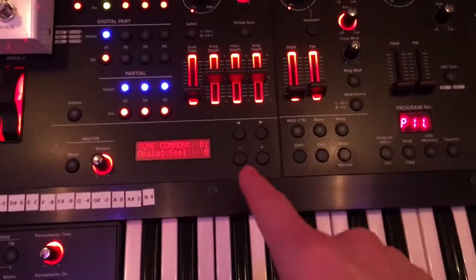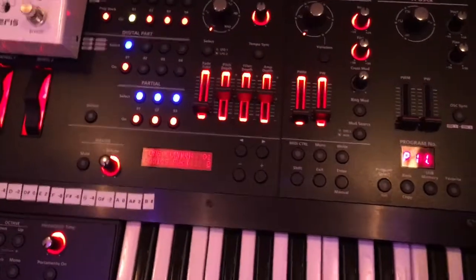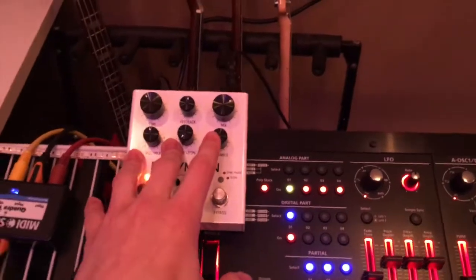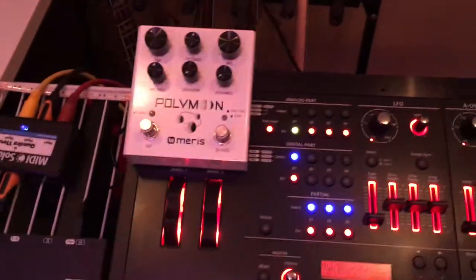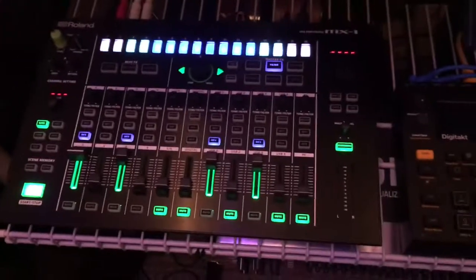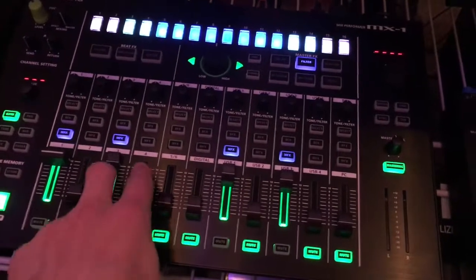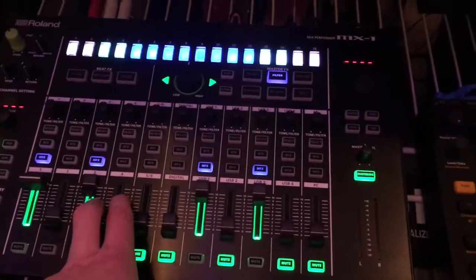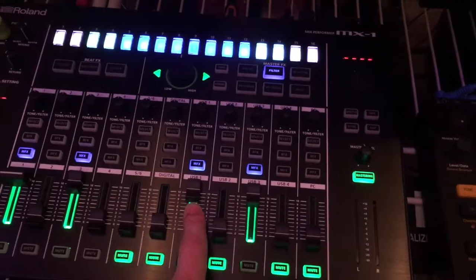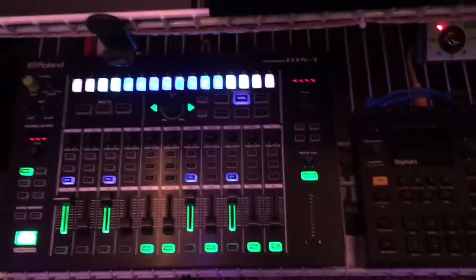because there's a per part equalizer too, so a whole bunch of equalizers in here. It comes out before the equalizer and before the effects. So you can send your analog dry to your own custom effects if you don't want to use the onboard effects. And that's what I do. That analog dry goes into my mixer down here, the MX1. So I got my analog dry in these 2 channels here, and my all output is in this USB channel,